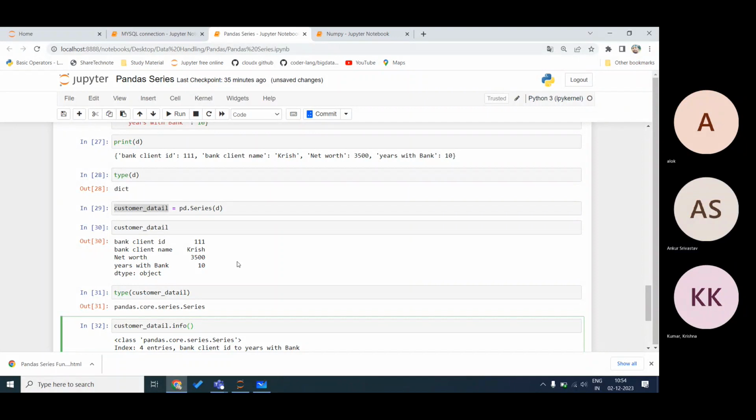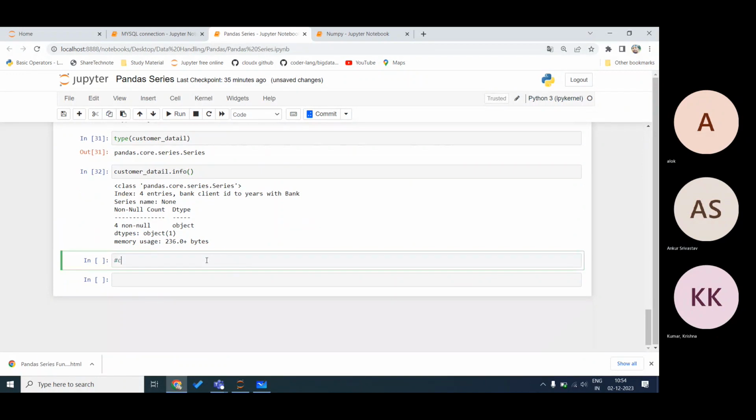Okay, there is a question. Create a Pandas series from a dictionary with three of your favorite stocks and their corresponding prices.